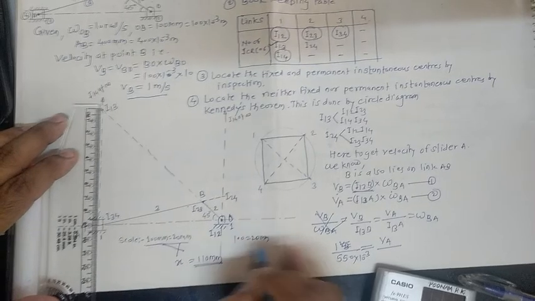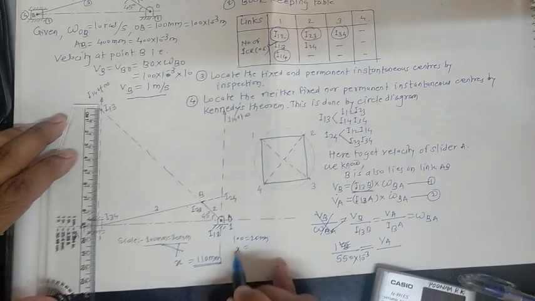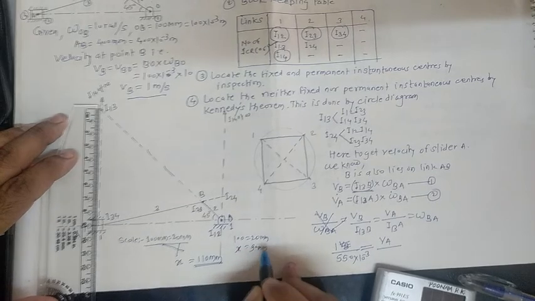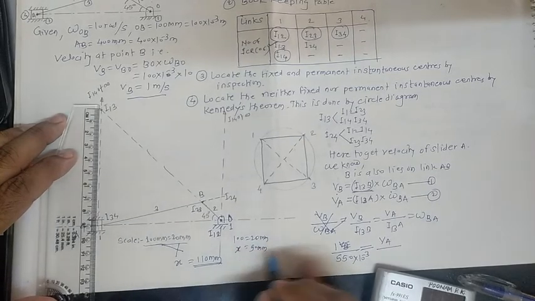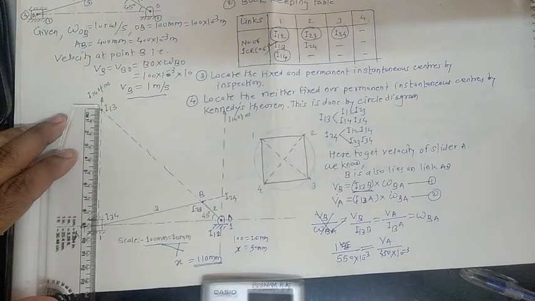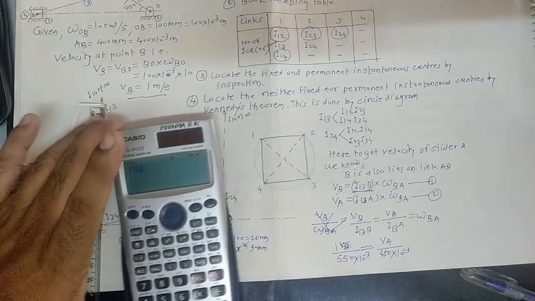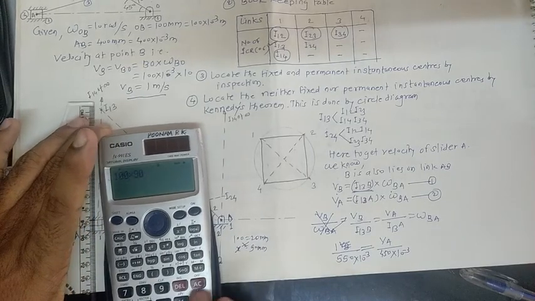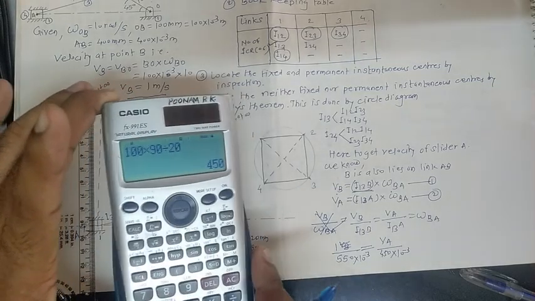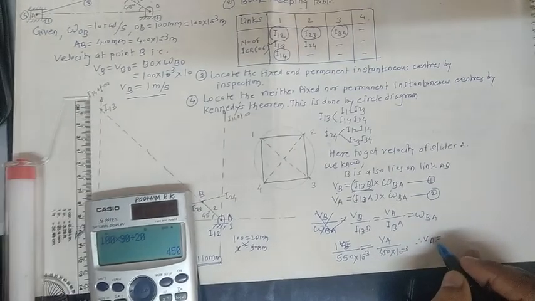For the 100 mm we have considered the 20 mm scale on our diagram. Okay, so what's about the length on our diagram? What's about the actual length if the 90 mm distance comes on the diagram? So if you do the calculation, we can get that value as 450 mm. Okay, so for that you need to do cross multiplication. So 100 multiplied by 90 divided by 20, by cross multiplication we can get 450.